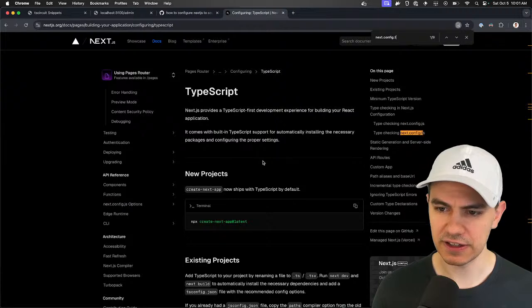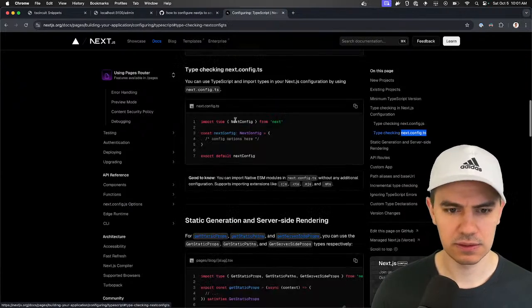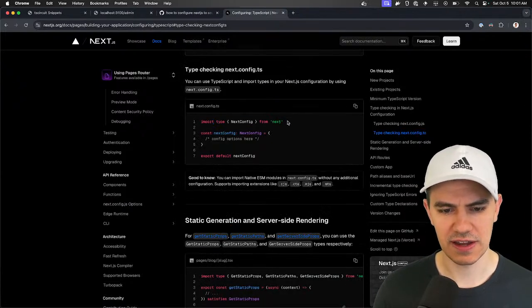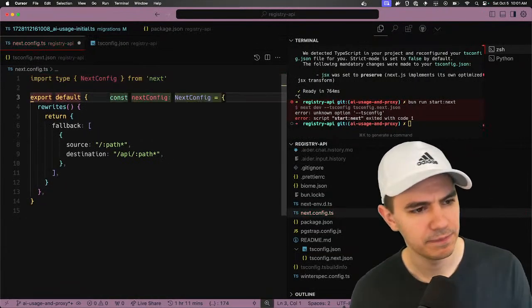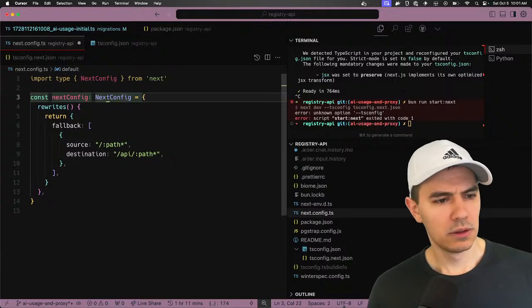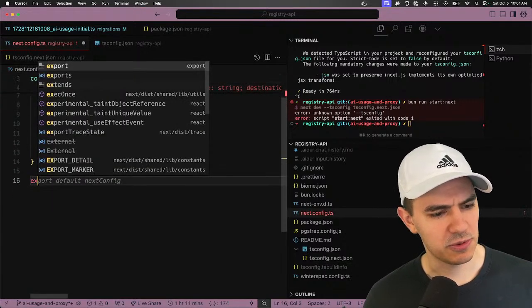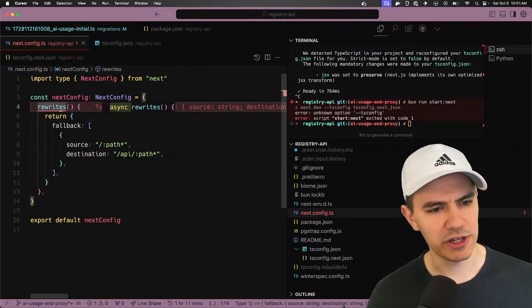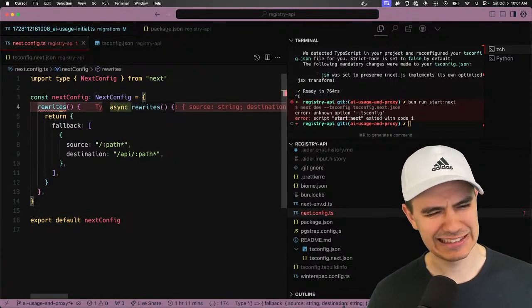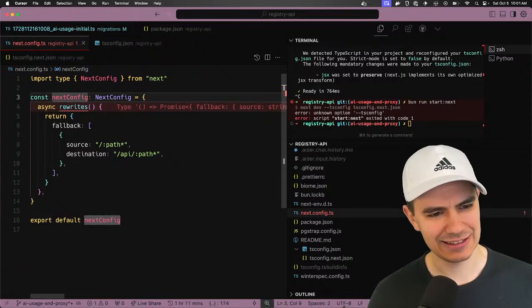Oops, next.config.ts. Okay. So you import the type. Okay. That's not how everybody does it, but that's fine. Yeah, and then we export default next config. Okay. Oh, it's complaining about this, but we know this works. Is that it?